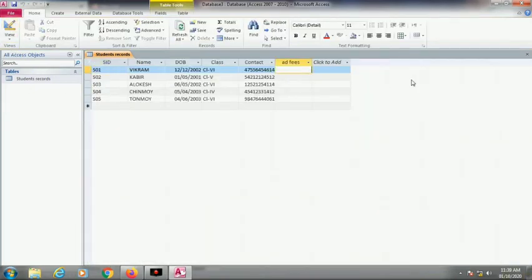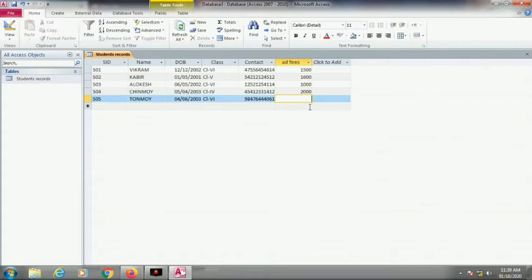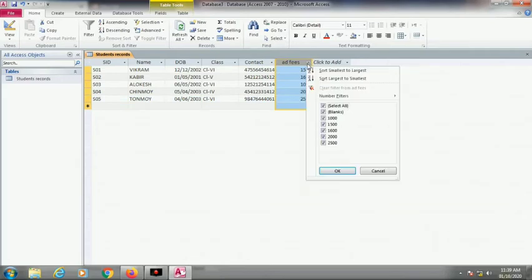The admission fees, suppose 1000, 1500. So one I gave, suppose 1600, suppose 1000. Put different values and see. It will be easy for you to know how to use number filtering. And what is 2500. So these are the different admission fees I have put here. Now if I want, I can apply the number filtering.